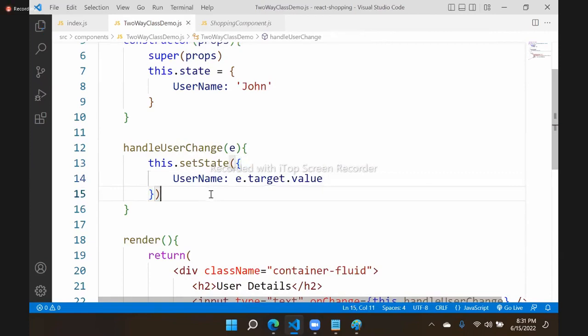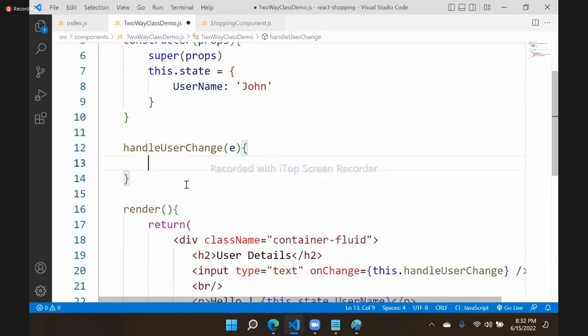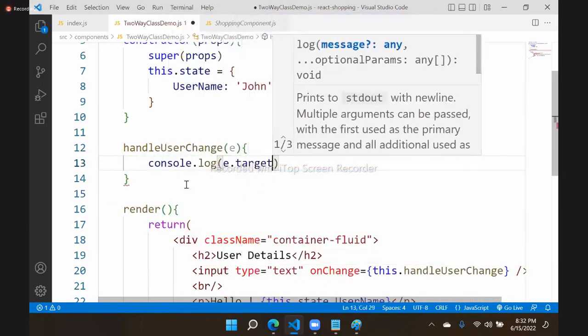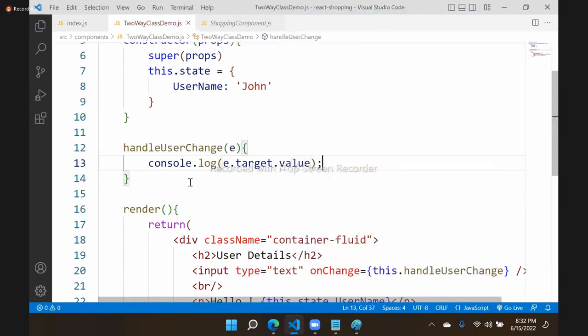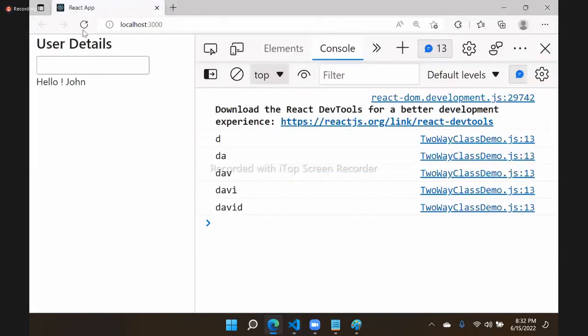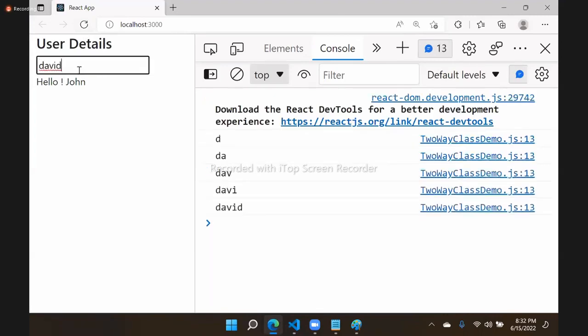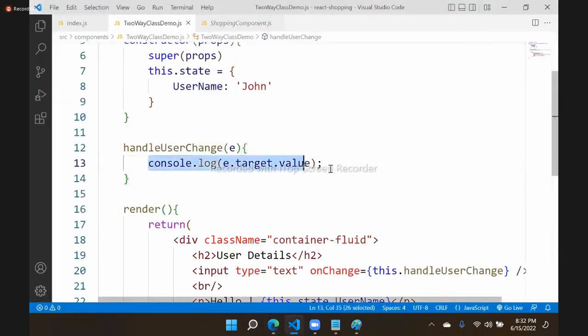Now one problem will come. Previously we didn't have the problem. You haven't seen any error when I am using console.log. Just remove this, I'm using console.log e.target.value. You can see that there is no error when I am typing. Everything is fine. But when you are trying to set into state,